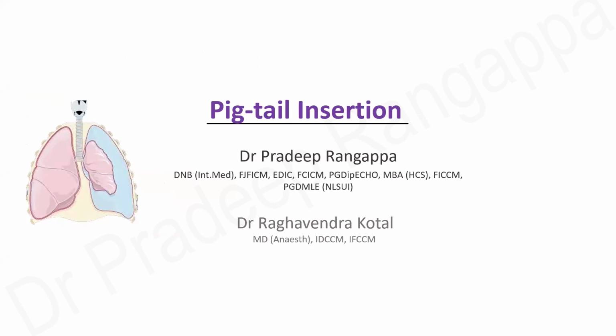Pigtail insertions are fairly common in ICU, and it is important and prudent for us to understand the steps in the procedure. Another important thing: when we are administering local anesthetic or putting in a pigtail or intercostal drain, it is important to understand that the intercostal bundle lies just below the ribs. These bundles have vessels in them, so it is best to avoid the lower end of the rib. When administering local or putting a catheter, it is good to direct just above the rib, where we can avoid the intercostal bundles and prevent trauma and further bleeds.